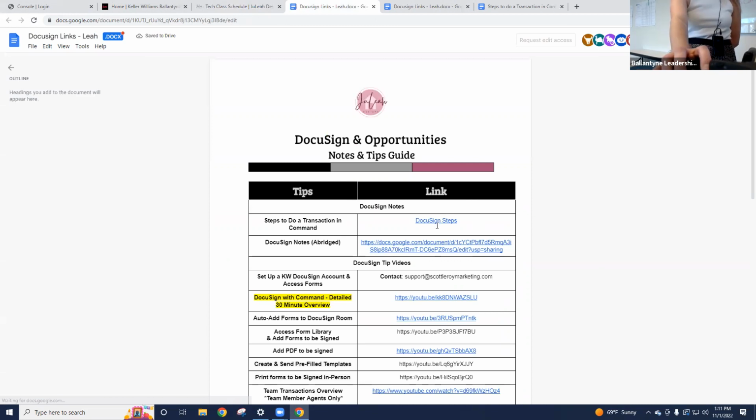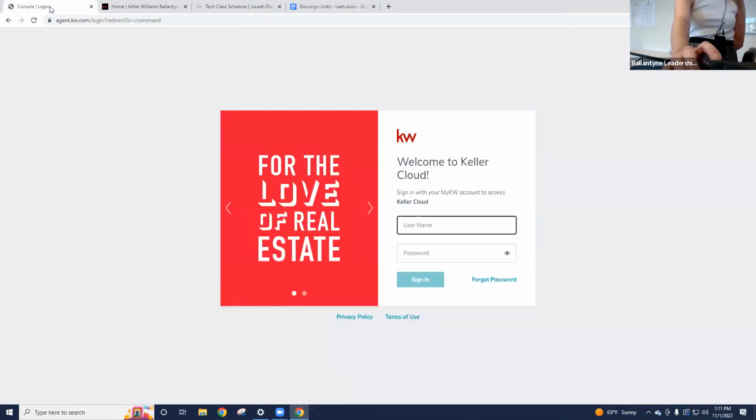And where I'm starting are the DocuSign steps that'll walk you through steps 1 through 10, how to start a transaction in Command with DocuSign. So let's get started. All right, so the first thing that you do is you log into Command. So that's where I am here at